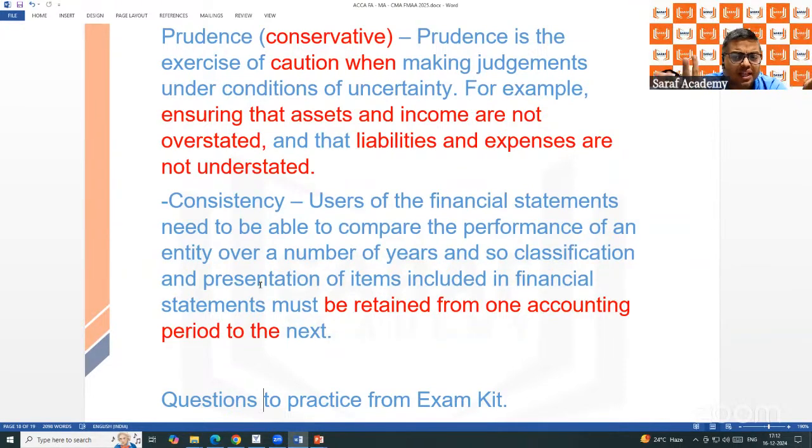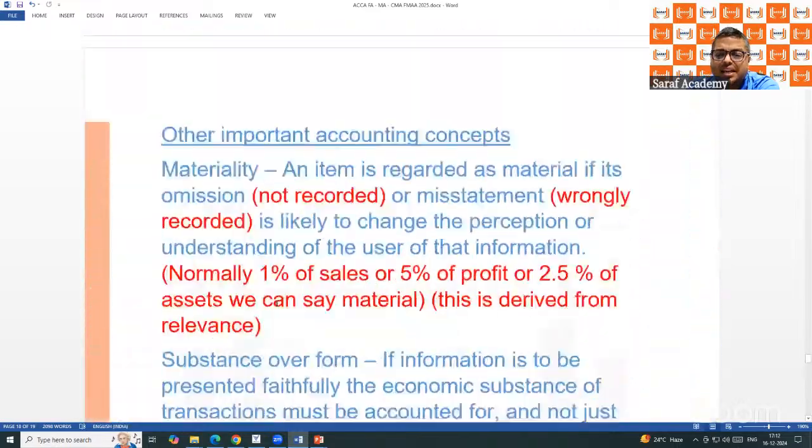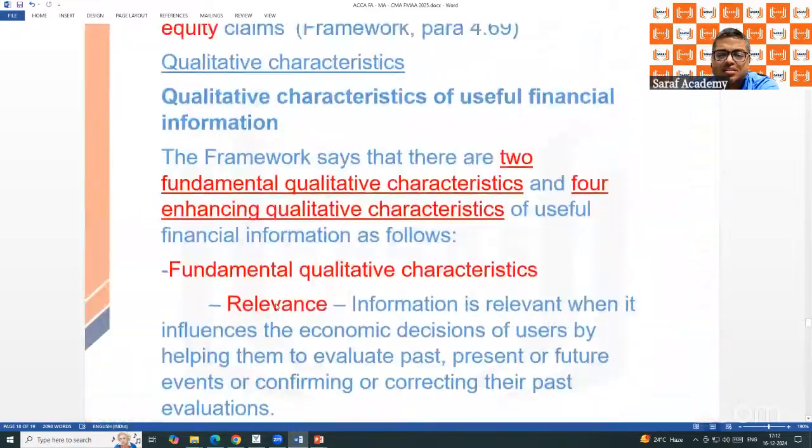Comparison not possible, then the purpose of accountancy is gone. So year after year, we need to follow the same principle, same policy relating to different aspects. That is called consistency. मैंने बीच में यहाँ पर qualitative characteristics, fundamental characteristics, वो सब बीच में नहीं डील किए,